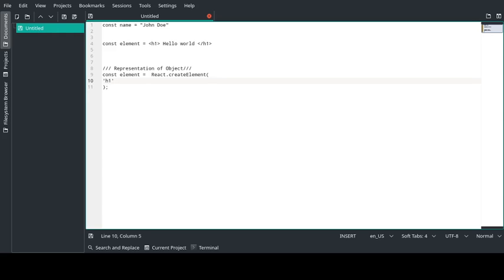Then, if you are providing the className, it will provide the className here, like className will be small, and the actual value that we have passed, hello world.